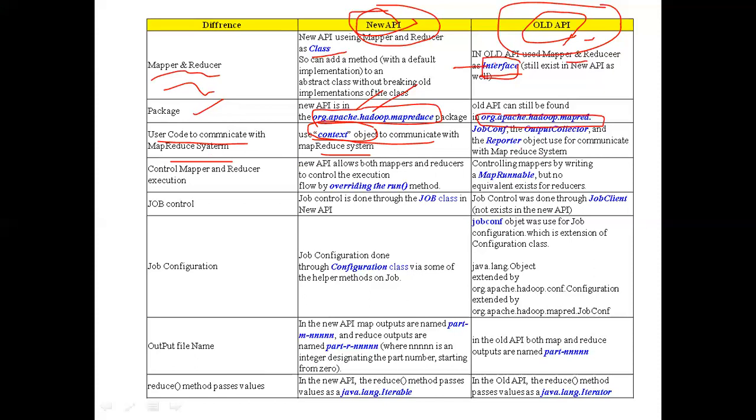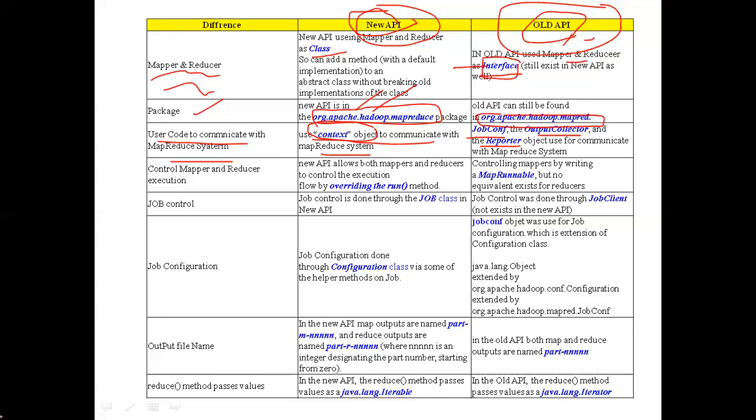When we come to the old API, the user has to use the job configuration object, output collector, and a reporter. These are the various objects available for communication with the MapReduce system.